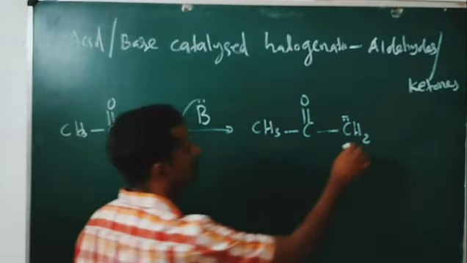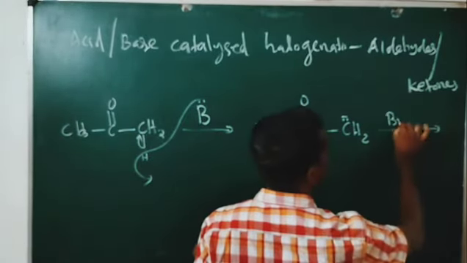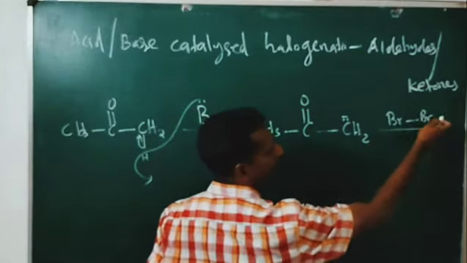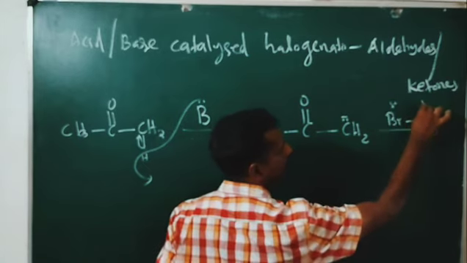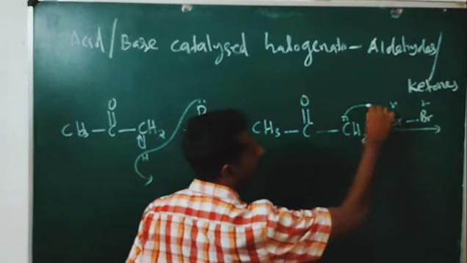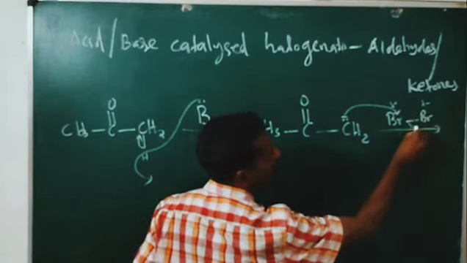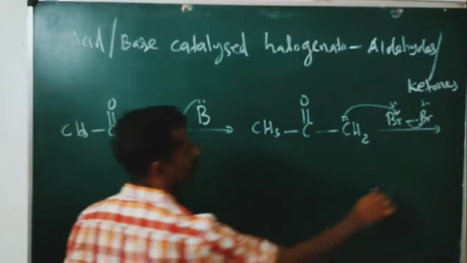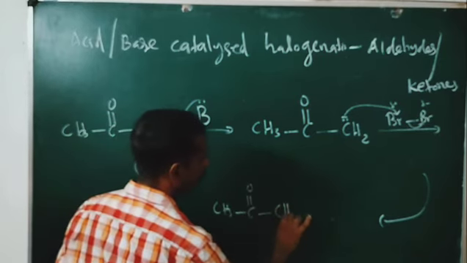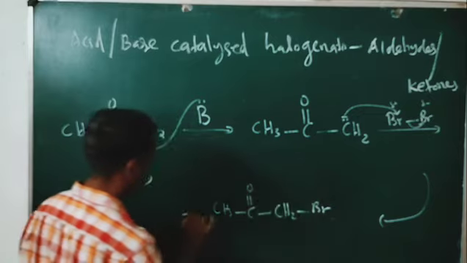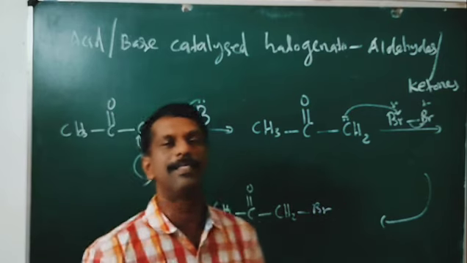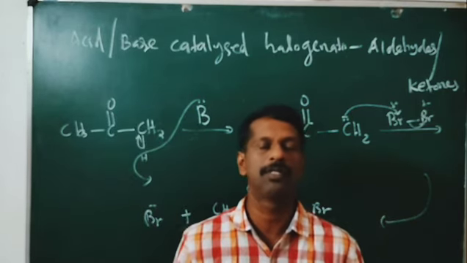Now what will happen? This carbanion attacks Br. This is our halogen, Br2, or you can write it as Br-Br. This one is delta plus, and this one is delta minus. Now you can see that this negatively charged carbon will attack this bromine, and this bond will be shifted to the other bromine. So we get the product CH3 CO CH2 Br, plus Br minus is formed. This is an example for the SE1 reaction. So that's all about the SE1 reaction. Thank you.